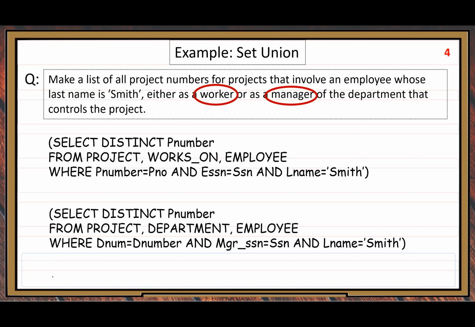query results. Then we apply the set union operation. Because the set union is distinct, it removes the duplicates, right? No duplicate copies. So then we can apply the set operation here, union. Okay, so that's a typical example using the